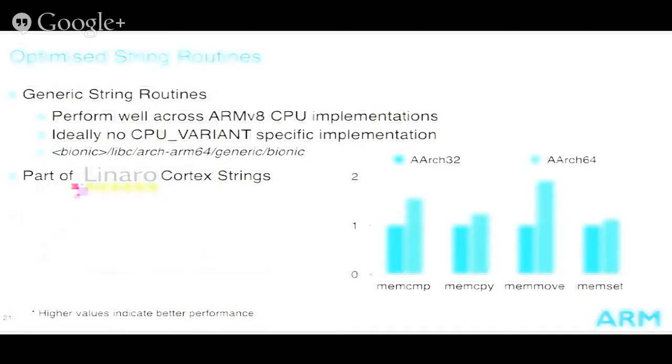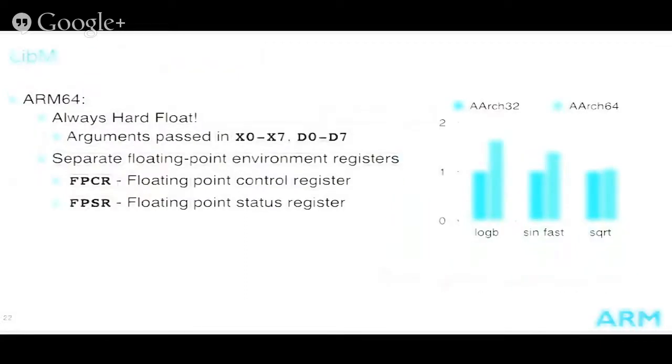As you can see, there's a short comparison between ARM32 and ARM64. I hope you can make out the distinctions between the colors. All the benchmarks quoted here are part of the Bionic benchmarks, and these slides are also available online, so you can take a look in more detail there. But the general trend is for ARM64 to perform better than ARM32. Again, higher is better performance. The other important part of Bionic is the libm implementation.